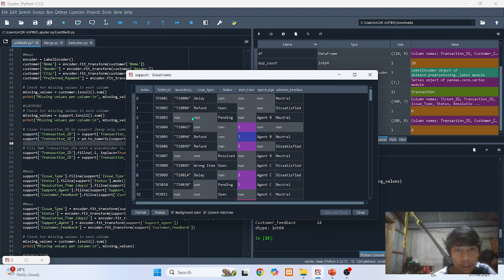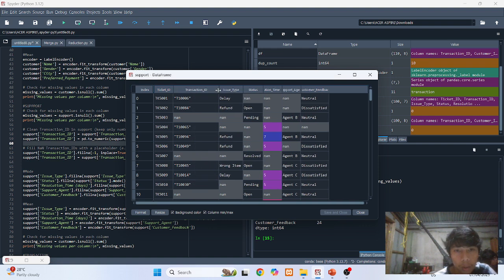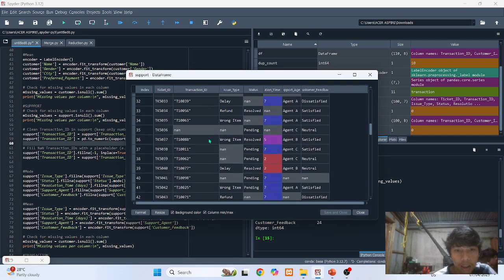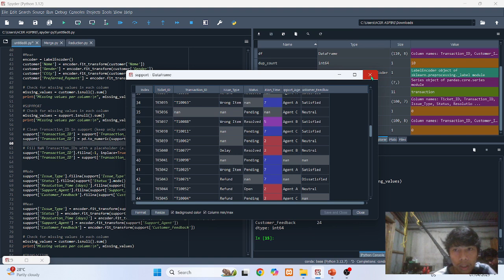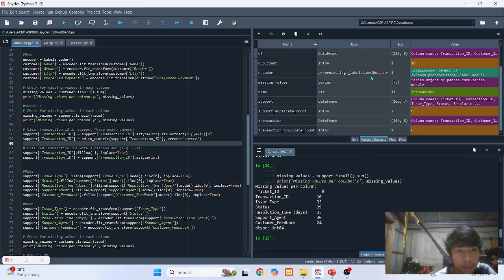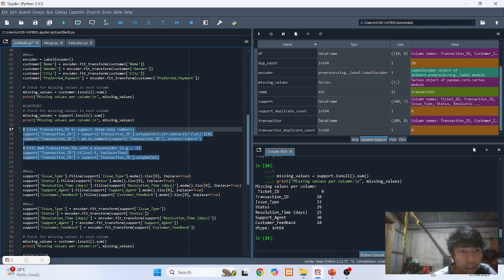As you can see in the support, the transaction ID, which is a foreign key and a primary key in other datasets, has missing data or none. According to ChatGPT, it suggests that we need to consider the none in the foreign key, or transaction ID, as -1.